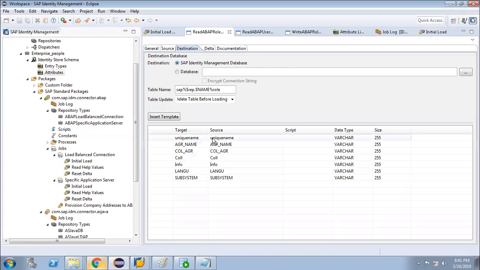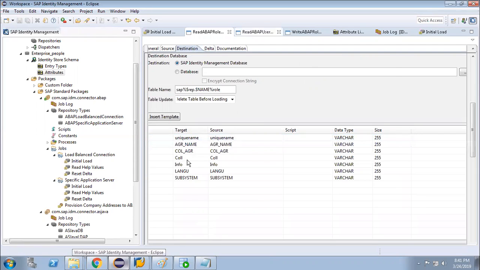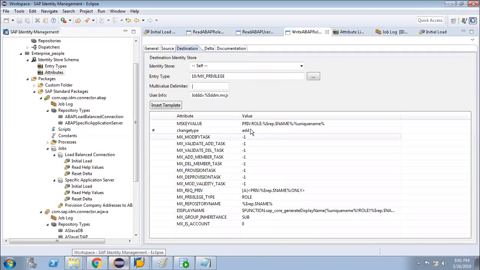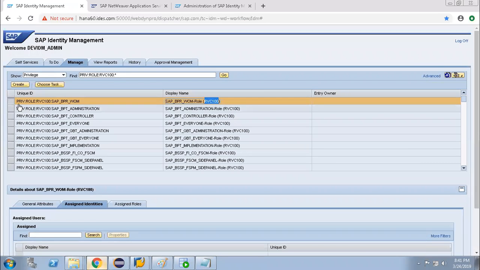If you go to the destination, this is the unique name, which is nothing but the PFCG role name. And it is writing the unique name. That is why the MS key value, that means the role ID, is PRIV:ROLE:repository name. Okay.